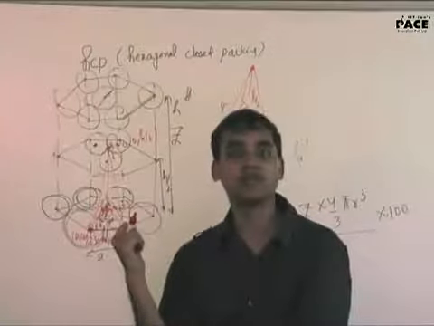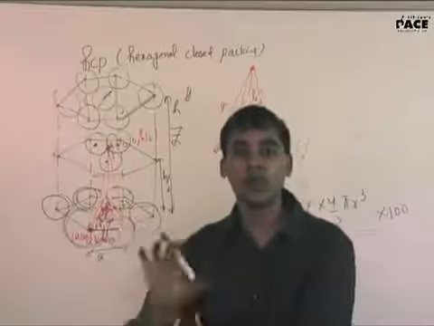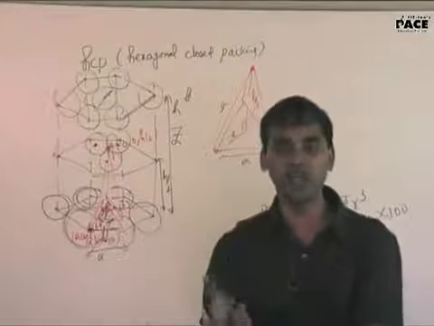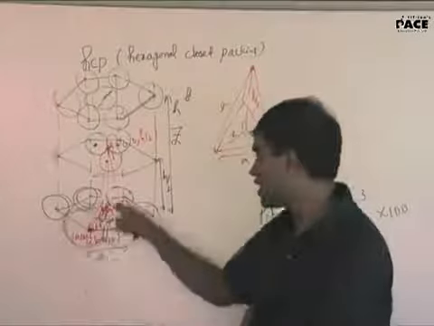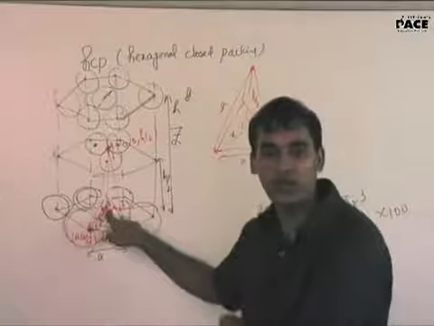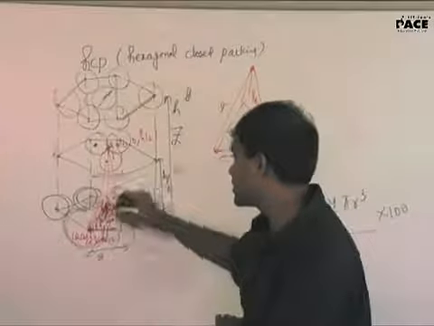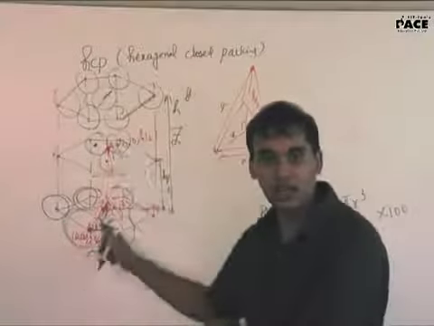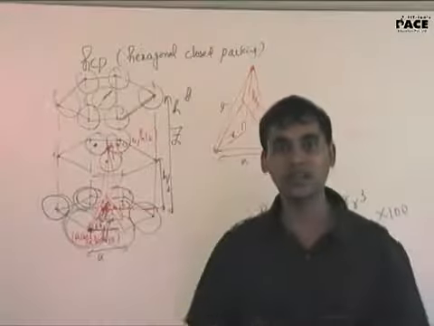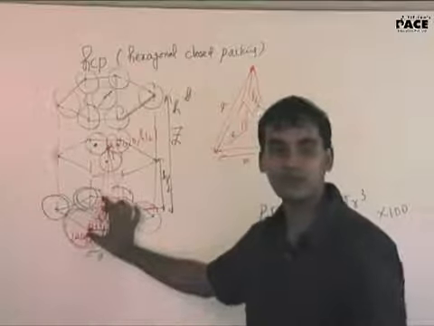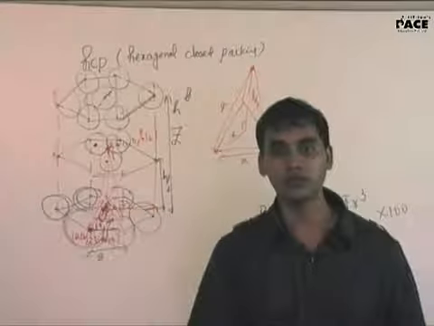Have you done vectors in 3D? No. Okay, so in vectors in 3D, this is a question which is given to you. If they give you a pyramid and they ask you to find the height, what you do in that case is you take a coordinate system. So if this is 0, 0, 0, and this is the x-axis, this is the y-axis and this is the z-axis, you can find this coordinate in terms of x and y. x cos theta i cap, y sin theta j cap, and you have a relation between x and y. You getting my point?